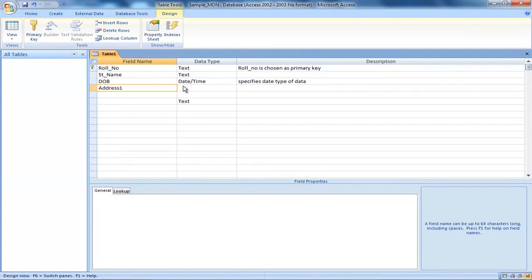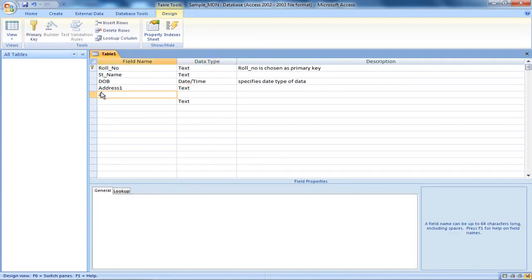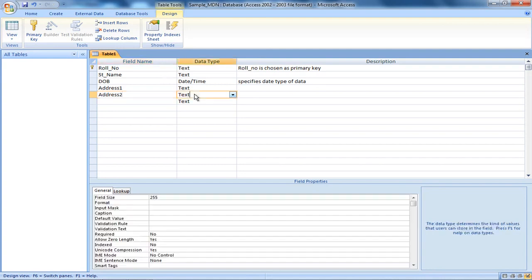Okay, next, address. Now address 1, this is also text type. Let's put it 30 characters. Address 2, let's also put this to be 30 characters.